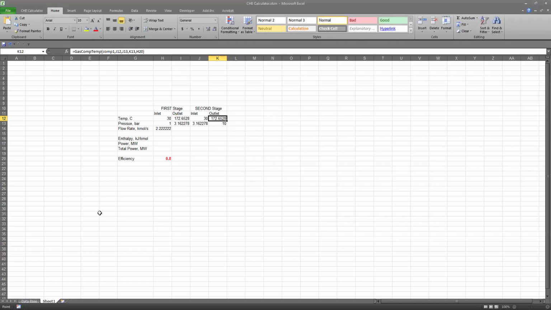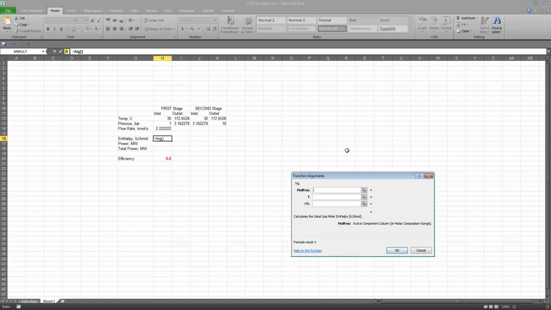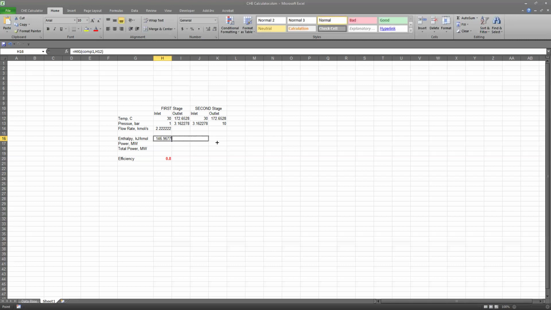Click OK. And now that we've done the calculations, now we can calculate the enthalpy of oxygen, equals, it is an ideal gas, so it's HIG. And our component is oxygen. And these are the temperatures. And I'm going to drag this formula. Now I'm going to calculate the power for the first stage is equal enthalpy out minus enthalpy in times the